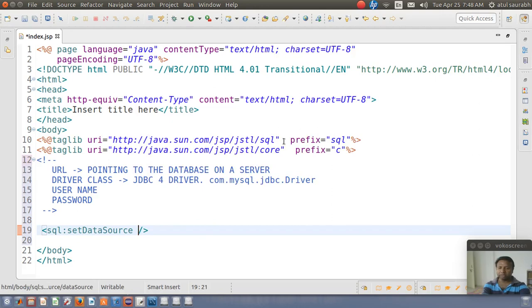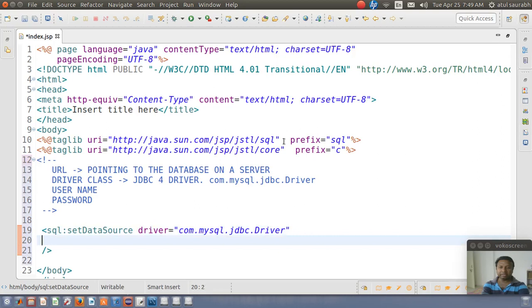Not this one, the driver class. Which driver I am going to use, and I already mentioned that the driver is com.mysql.jdbc.driver. So this driver class is required to connect with MySQL server. Next information I require is the URL, and URL is something like this: JDBC